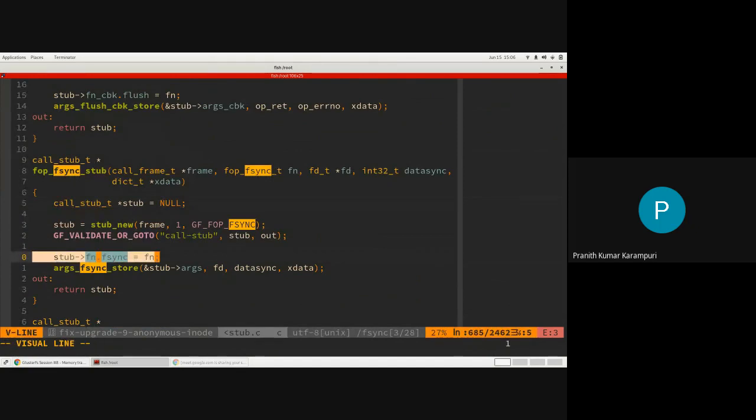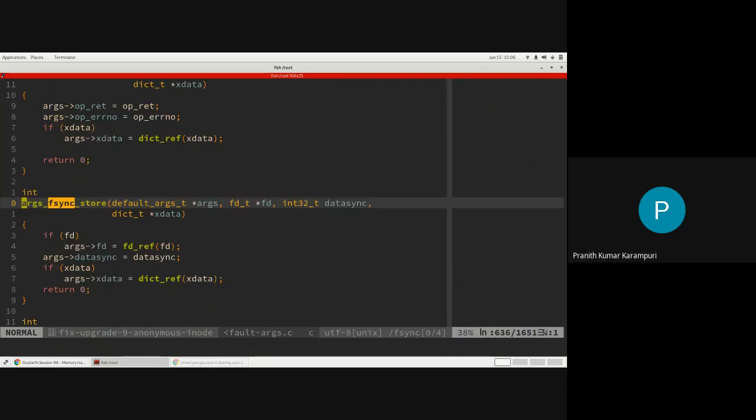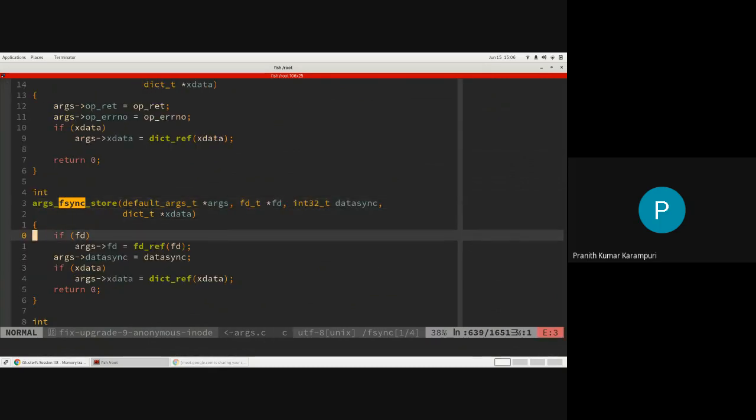Basically, we are assigning whatever fsync function needs to be called whenever the FOP is ready to be executed. Apart from that, we are also storing the arguments, the FD and the dictionary that is getting passed, and also this data sync flag.